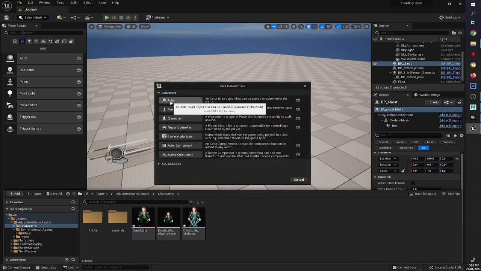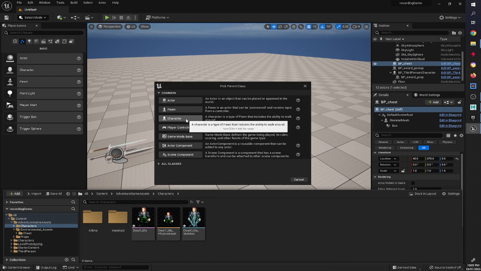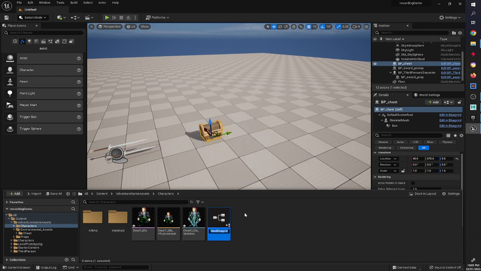So we've got a blueprint. We're not going to go to actor, we're not going to go to pawn, we're going to finally go to character. And this is going to inherit from a lot of things, but that means that when we go up and try and use our other assets, because we actually had them all inherit from that character one, we won't have to reprogram them, which will be really exciting. So BP underscore dwarf,